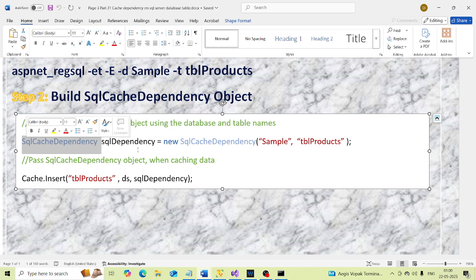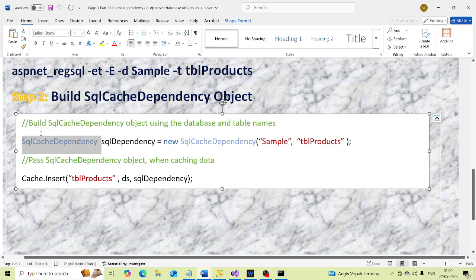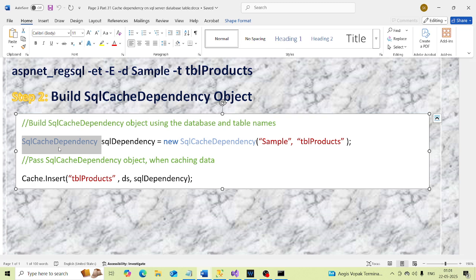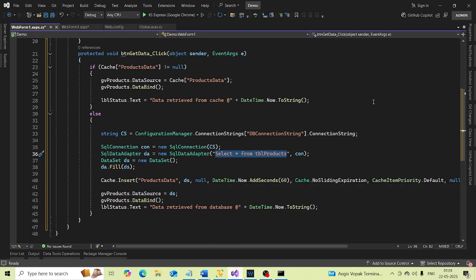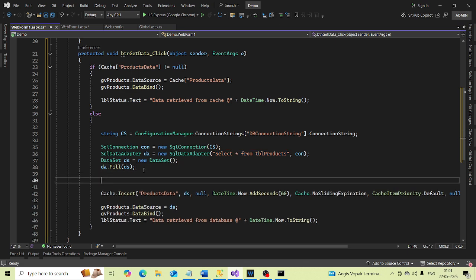All you need to do is create an instance of this class, SQL cache dependency. So I'm going to go to Visual Studio and do that here. And obviously when we create an instance of this class, SQL cache dependency,